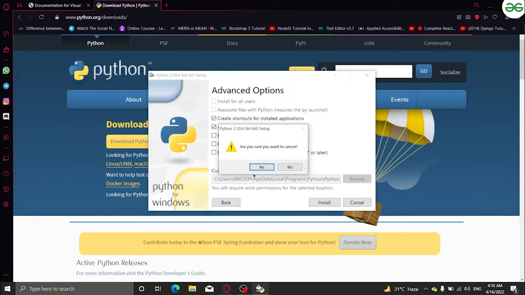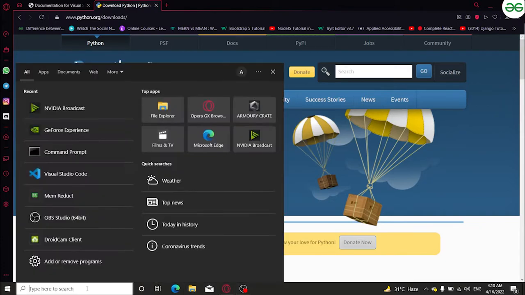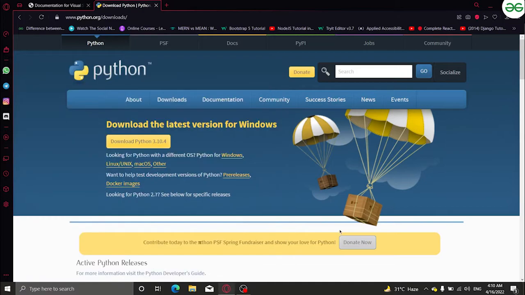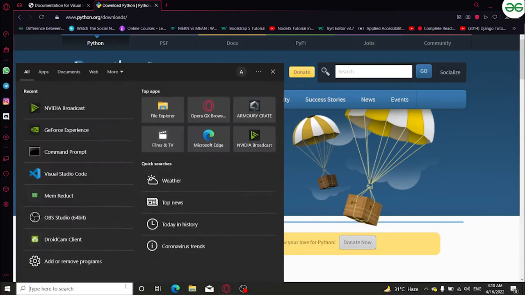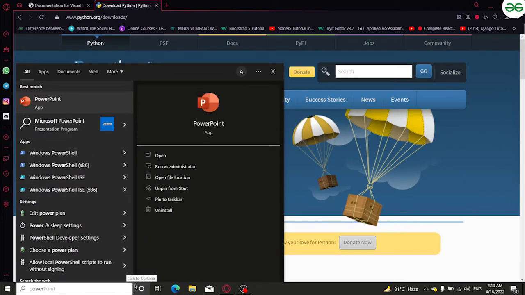You have to keep one thing in mind, that when it is getting installed, right? there will be an option saying add Python 3.10 to PATH. It's very important for you guys to check that box, right? Because if you do not check it, it will show an error and your Python won't work properly, right? Now, just to check that our Python has installed, what I will do here is I will open Windows PowerShell.